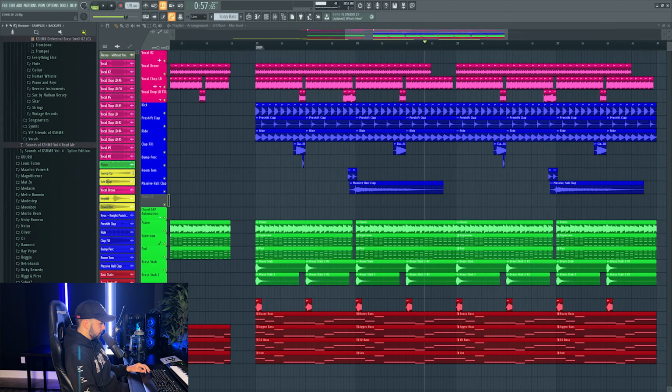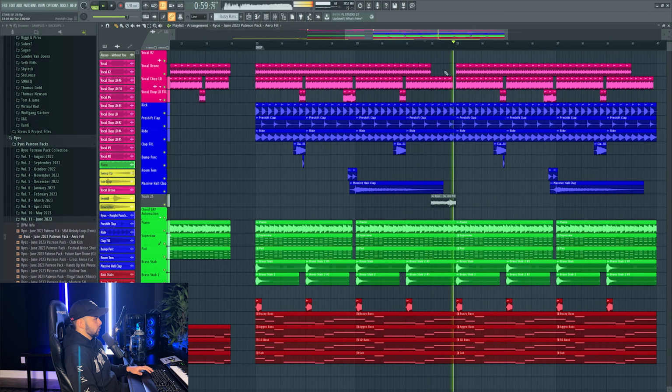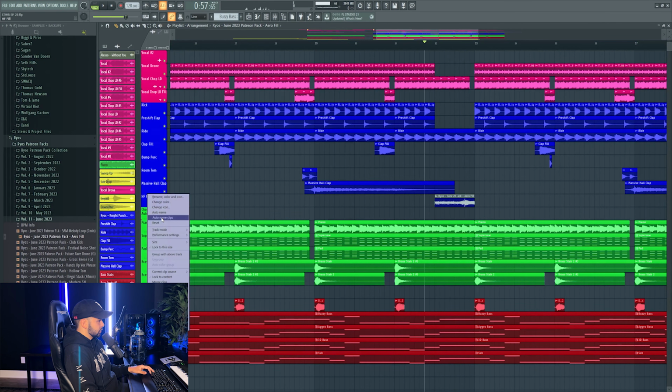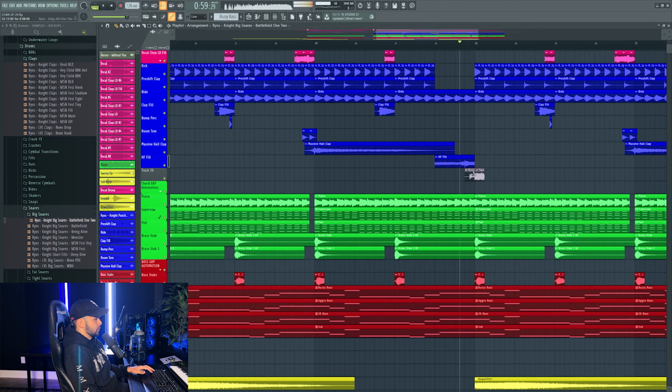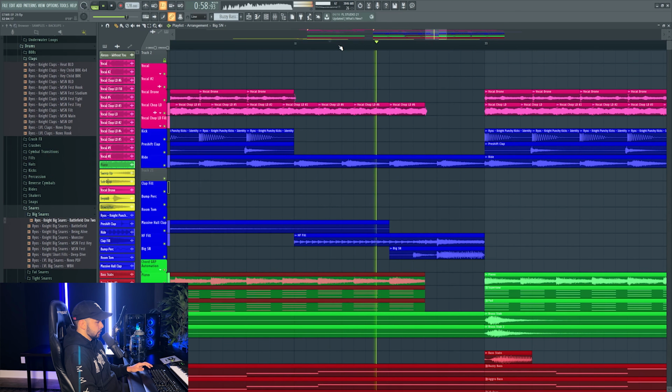All right, now for this halfway fill, I'm going to get something very simple. Oh, here we go. Perfect, nice and easy. I also want a big snare to accompany this fill. Want to try cutting out the synths here and the vocal chop here.